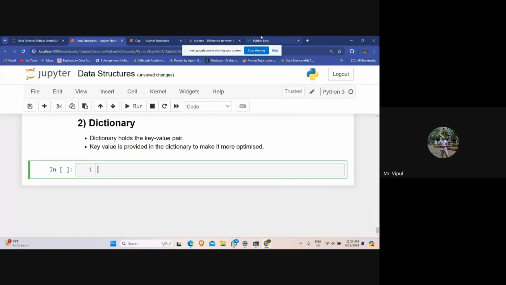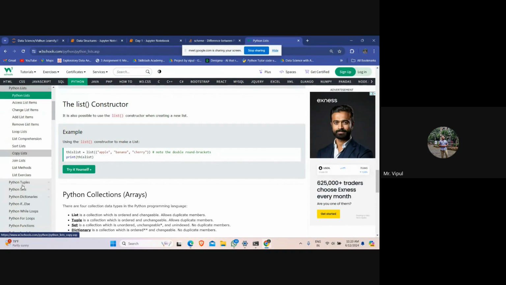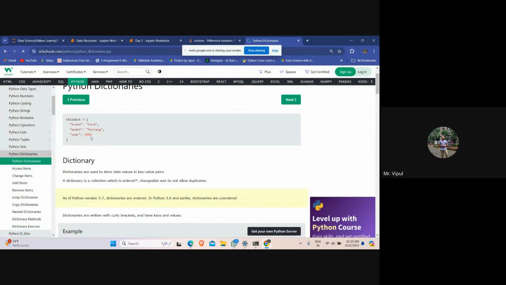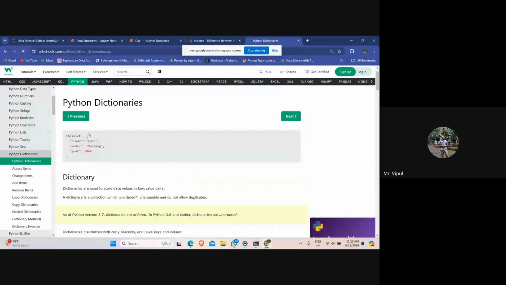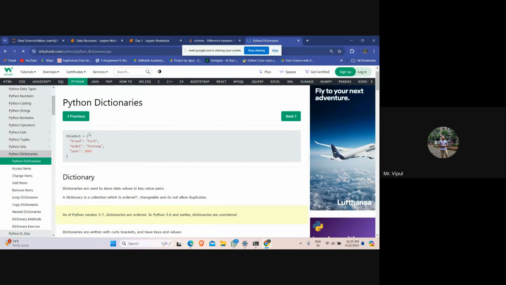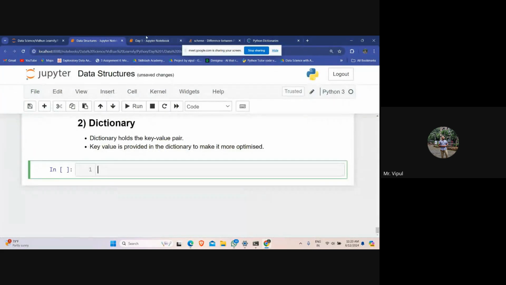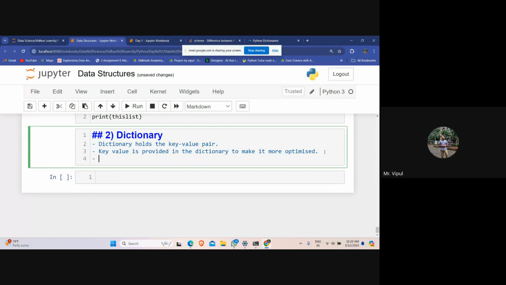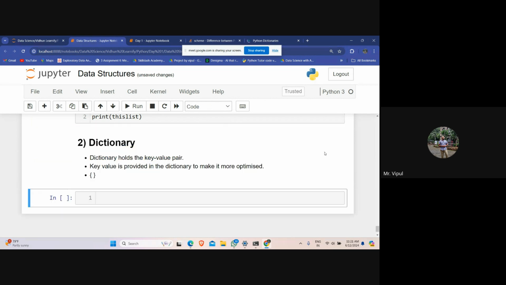So let us take this. In order to create a dictionary, you have to make sure you are using curly brackets. Curly bracket is for dictionary, just remember this. So let's say I'm creating a dictionary under the name sports, equal to a dictionary.